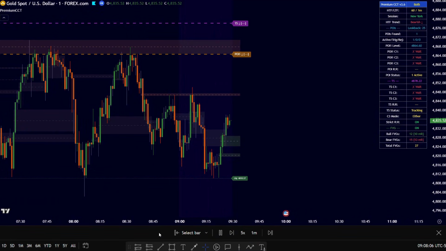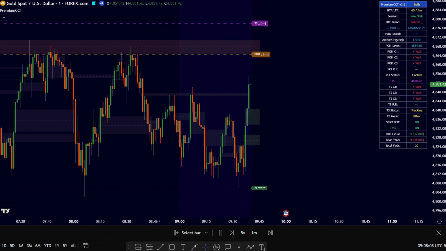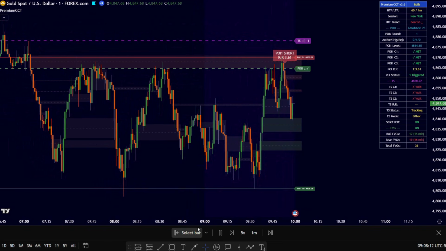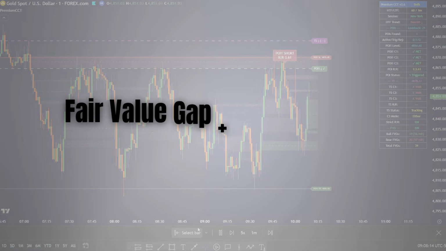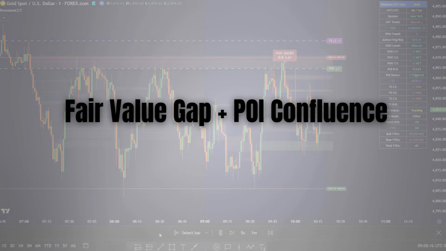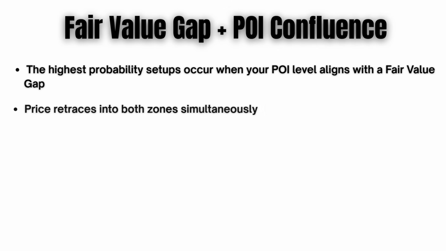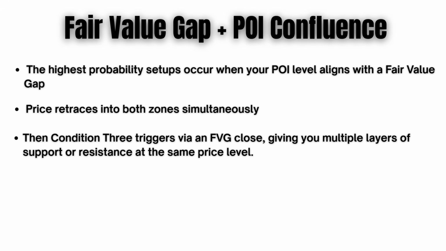The trade-off is lower frequency, you'll get fewer signals overall. But you get higher quality because both setups are aligned. The third strategy is fair value gap plus POI confluence. The highest probability setups occur when your POI level aligns with a fair value gap. Price retraces into both zones simultaneously. Then condition 3 triggers via an FVG close, giving you multiple layers of support or resistance at the same price